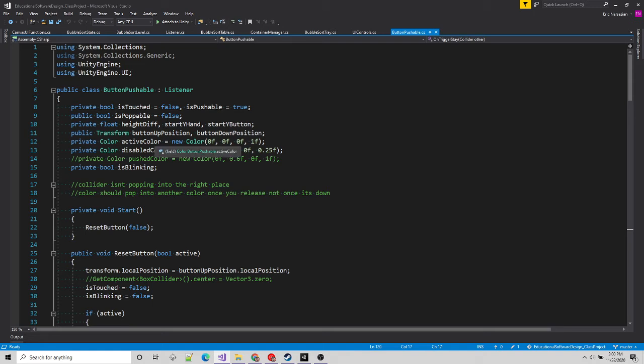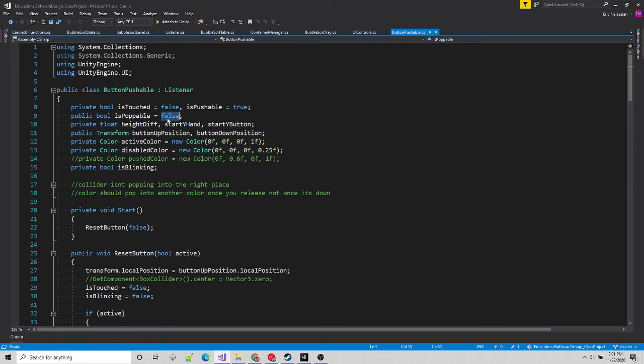And what colors it is when it's active, not active, and some floats to start figuring out when the hand touches it, where the hand was starting. Well, I'm only concerned with the heights, the y positions for the hand and the button. And the button used binary math, and there was is touchable, pushable, poppable. So can it be touched? Can it be turned on or not? Or is it turned on or not? Is it pushable? Sometimes you want it turned on, but you don't want the user to be able to push it. So like in the